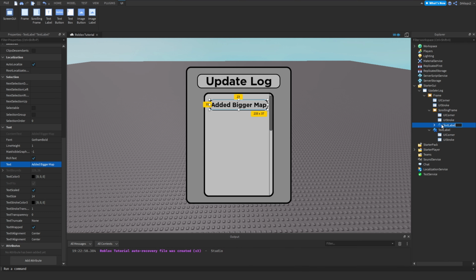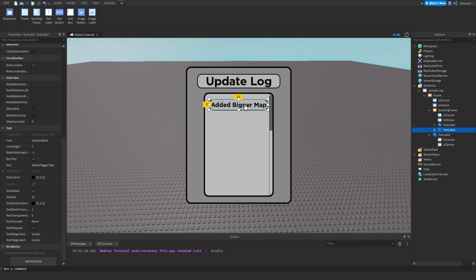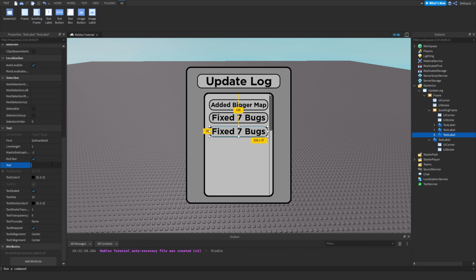Let's just go Control D, move this one down, and then here we could say fixed, I don't know, let's do fixed 7 bugs. Let's duplicate this. At this point, I'm just going to find some random stuff that you can pretty much do. Added more